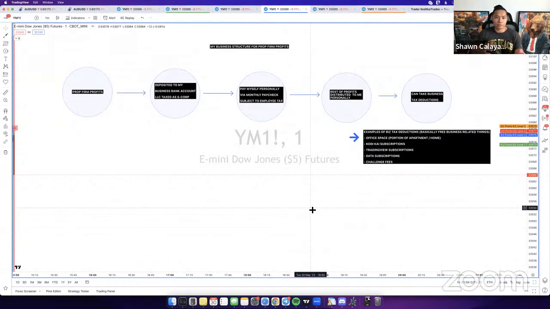So firm profits go to the business account. Business account pays me a paycheck every month. And then at the end of the year in December, whatever is left over, I just give to myself as a bonus basically. So it gets taxed that way. It's just better to get taxed that way versus taking it all up front because then you have to pay a huge employee tax. So once you start to make a lot of money trading, guys, this is the smart route. You don't even have to be making a lot. You could make a decent amount, and this is probably gonna be the smartest route for you guys to take. So yeah, this is how I do it.